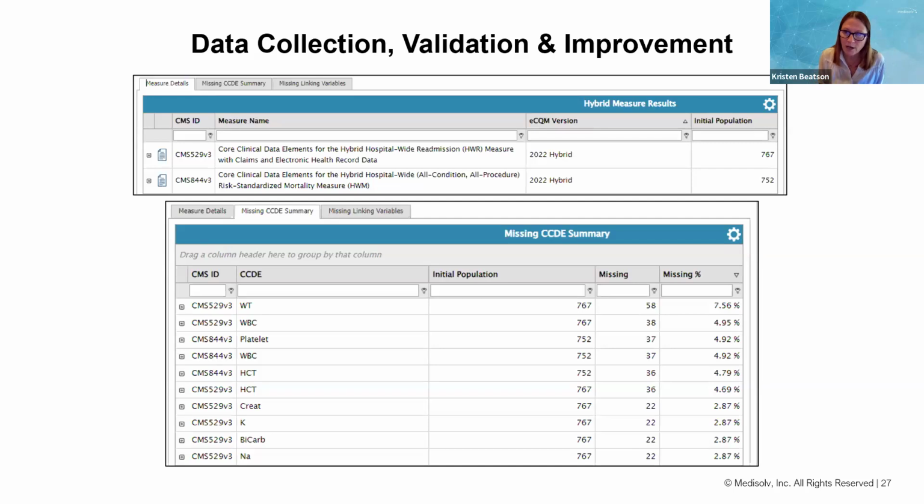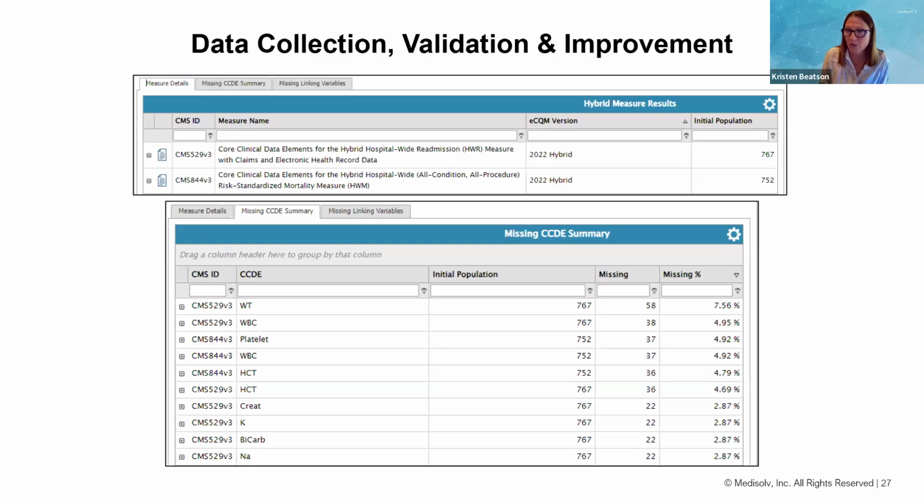And then the bottom screenshot, again, from Encore, shows you all of your missing CCDEs. So this is really what you should be looking at, or something similar, so that you know how many patients are missing weight documentation. In this example, there's 767 patients in the initial population, and then 58 of them are missing weight.